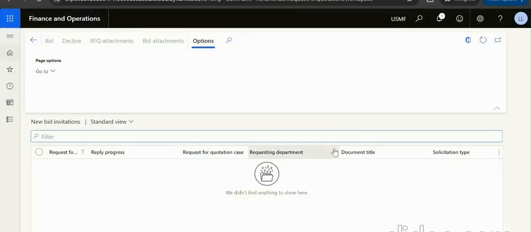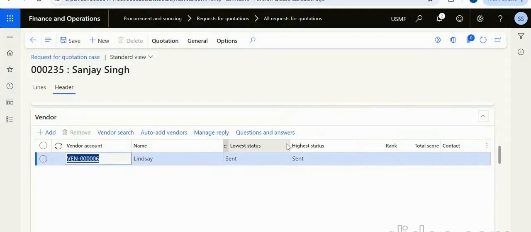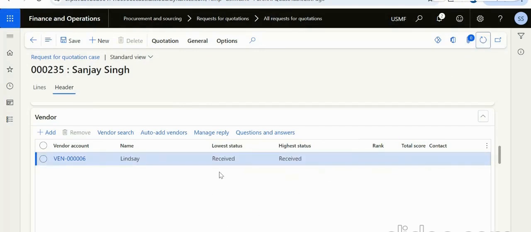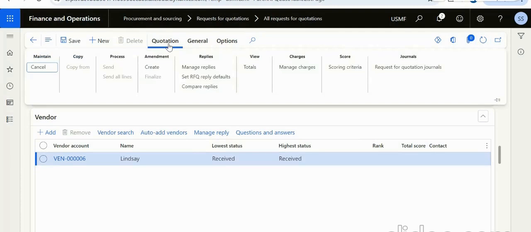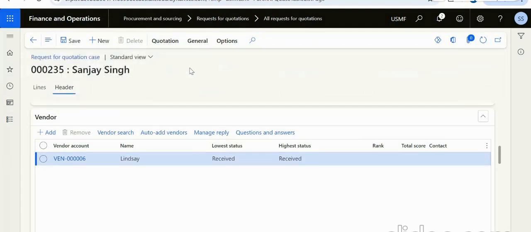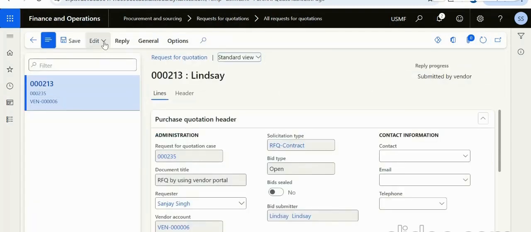Once this is submitted by the vendor, then we come here, and if you refresh the screen you can see the status has changed to received. Now I'm refreshing. Now the status is changed to received. And to see it, we just need to go to manage reply. Under manage reply,